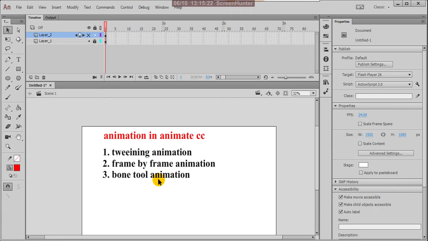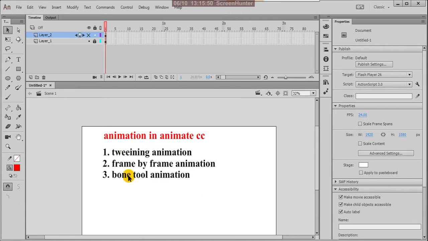And in tweening animation, only a few things are possible. Horizontally, vertically, you can animate your things. You can give a path, and along the path it can also create. So one by one we will create all these things. Let us check actually.